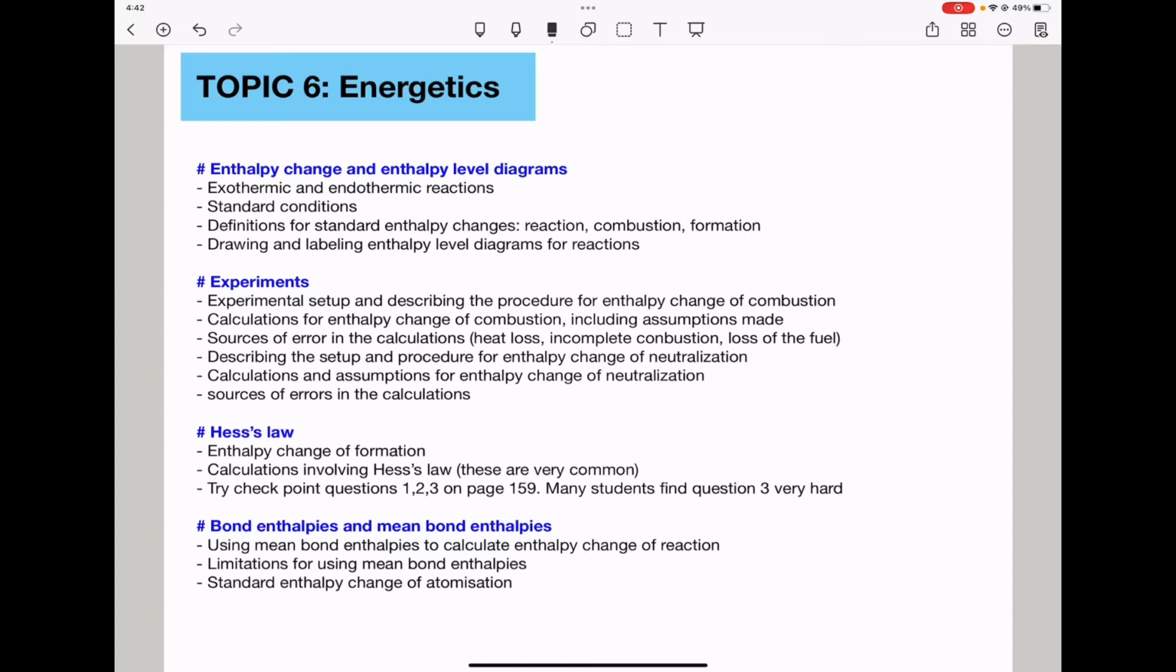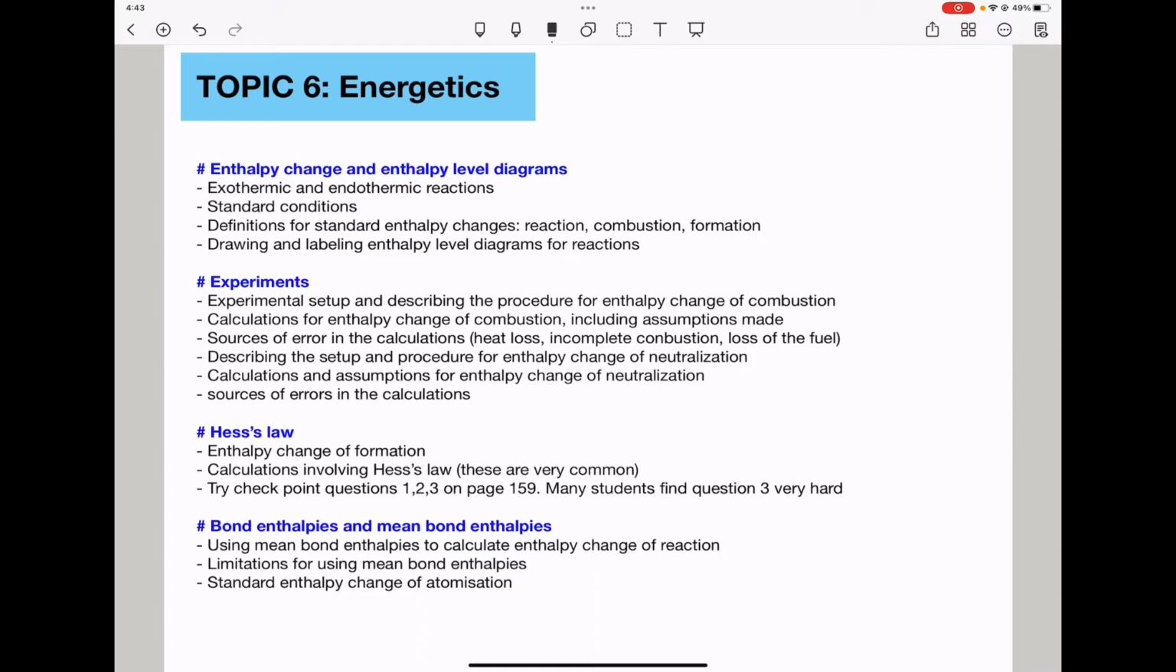They can ask you about definitions for standard enthalpy change or enthalpy changes of reaction. You need to know combustion, formation, and so on. You need to learn how to draw and label enthalpy level diagrams for specific reactions. Here they can give you a specific reaction and ask you to place the reactants as well as the products around the enthalpy level diagram. Remember, the vertical axis is enthalpy. The horizontal axis, you can name it or you can leave it, but I always prefer it's labeled progress of